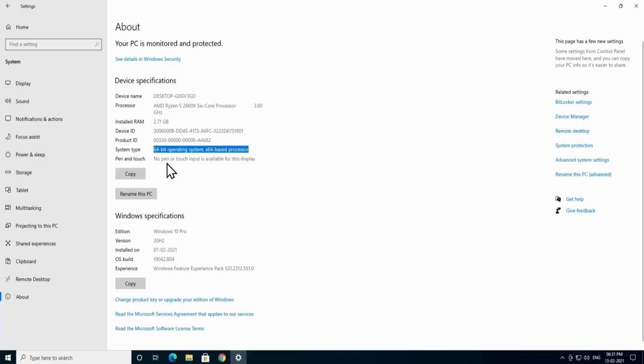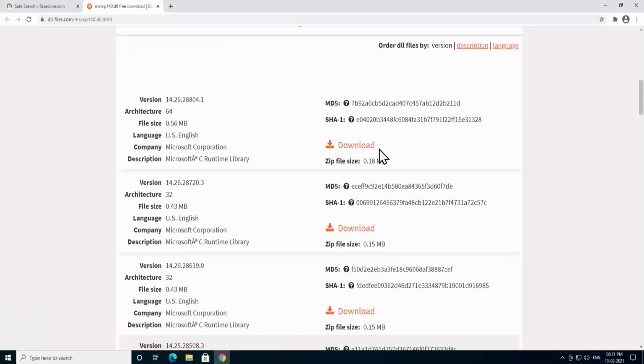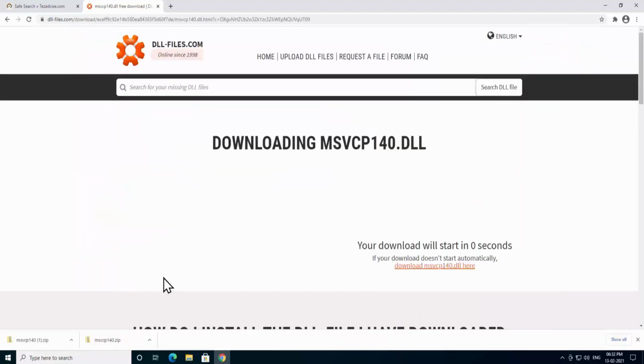Now as we know we are a 64-bit user, we will download both of them, the 32-bit and the 64-bit. I'll explain in the video why we are downloading both of them. If you are a 32-bit user, you just have to download the 32-bit version. Let me download both of them. Once it downloads on your PC, as you can see, this one is the 64-bit version and this is the